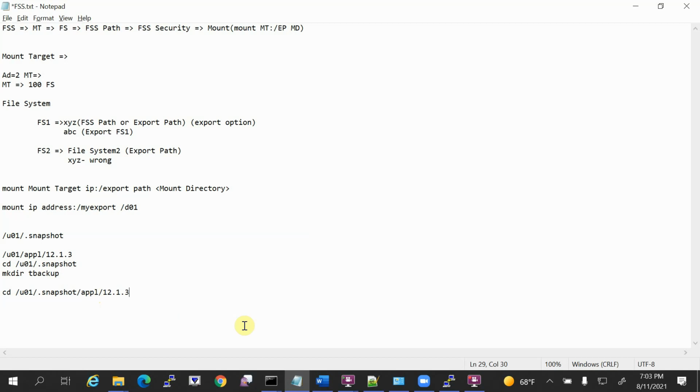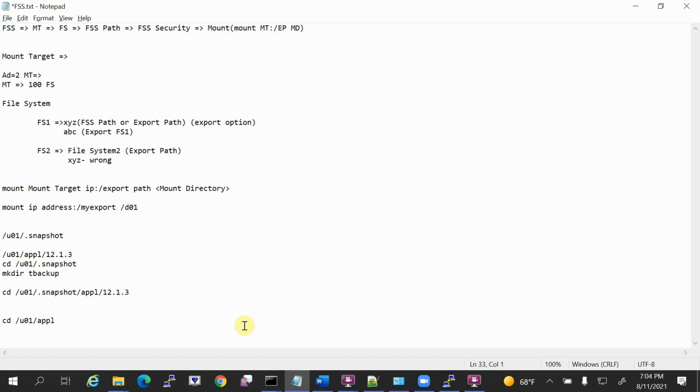Okay. And in case of recovery, let me tell you, you are applying a patch. After that, you could not bring up the services. So you want to bring back this 1213. What you have to do is go to the actual folder. Your actual folder is U01 Apple.